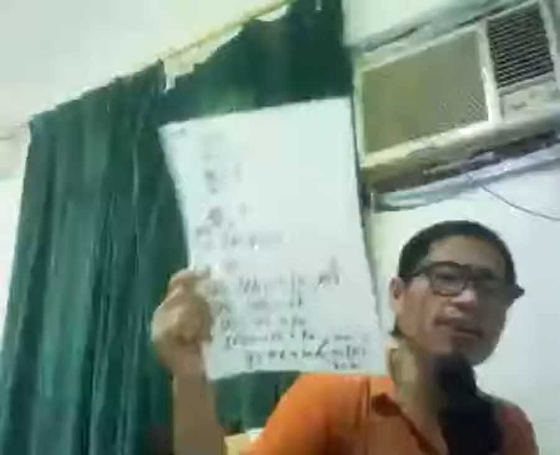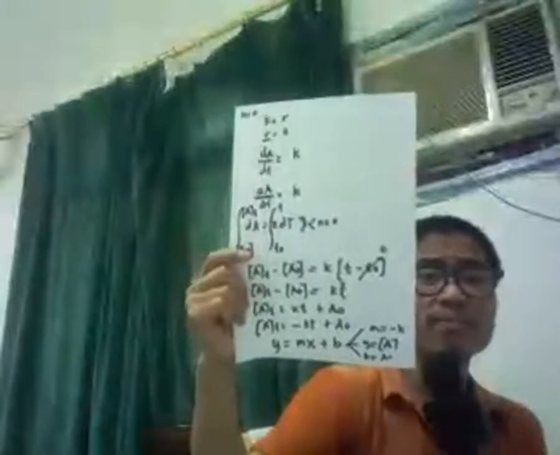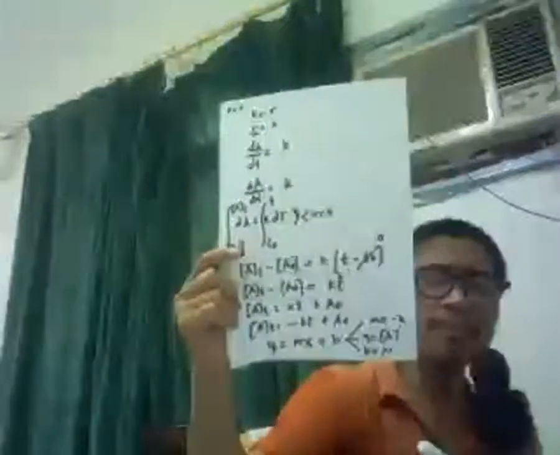So, I'll just break it down so that we can understand very well. So, m is equal to negative k, y is equal to a, and b is equal to A0. Guys, our initial concentration here in the graph is not the concern. It's always the final concentration in the graph. Of course, it should be the final concentration to plot. Plot A versus